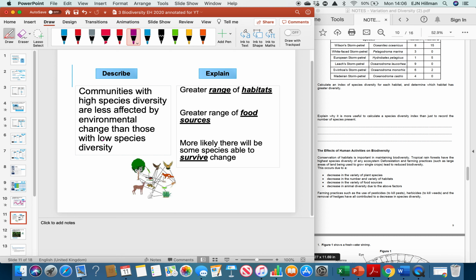Okay, so here's that in a bit more detail. Communities with high species diversity are less affected by environmental change than those with low species diversity. Now the reason for that is, if we look at this,